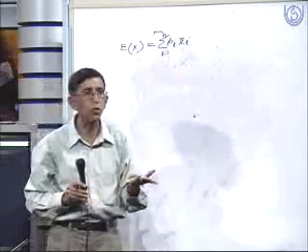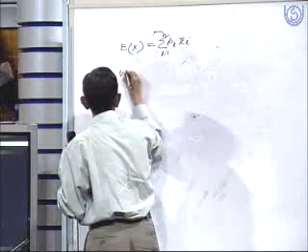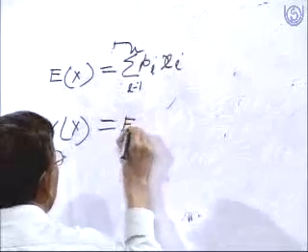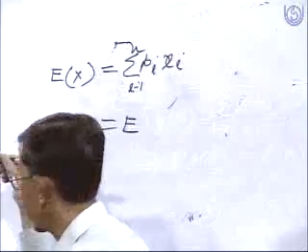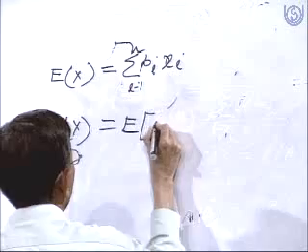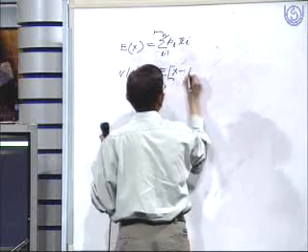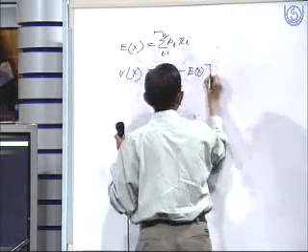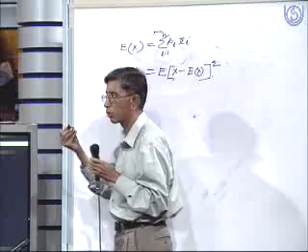Now, it is in this context we can also define the variance of a random variable. The variance of a random variable, as we know, can be defined as something like this. It can be written in terms of the probability notations as expectation of the random variable minus expectation of this, and then we take the square of this.